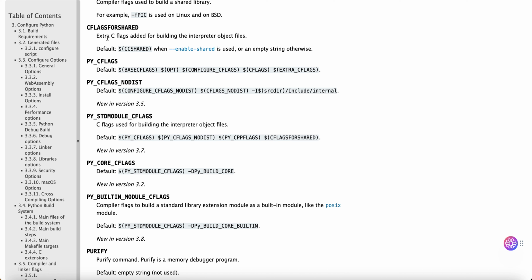CFLAGS_FOR_SHARED: extra C flags added for building the interpreter object files. Default: $(CCSHARED) when --enable-shared is used, or an empty string otherwise. PY_CFLAGS: Default: $(BASECFLAGS) $(OPT) $(CONFIGURE_CFLAGS) $(CFLAGS) $(EXTRA_CFLAGS). PY_CFLAGS_NODIST: $(CONFIGURE_CFLAGS_NODIST) $(CFLAGS_NODIST)